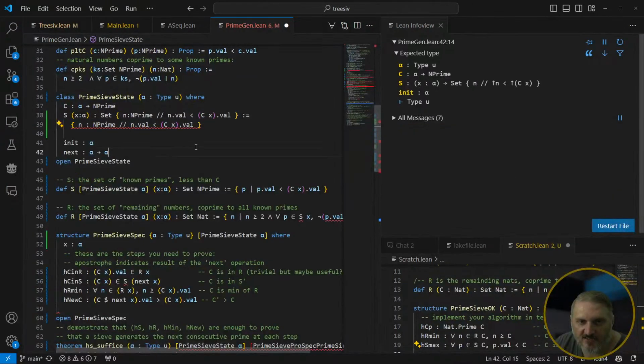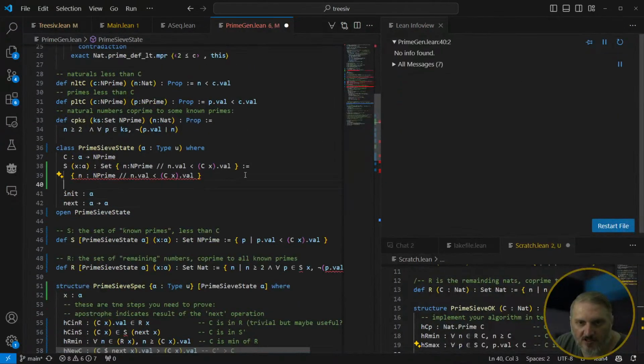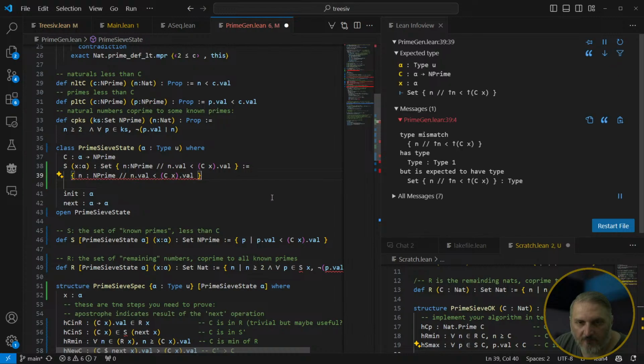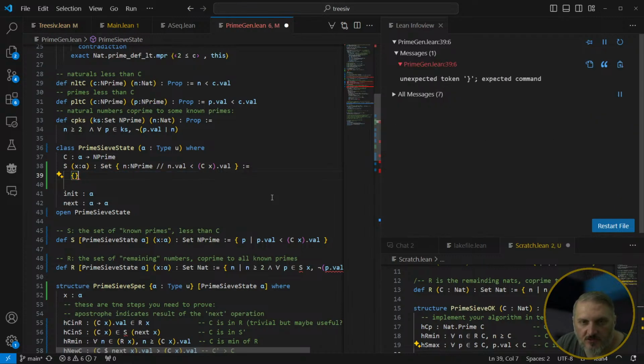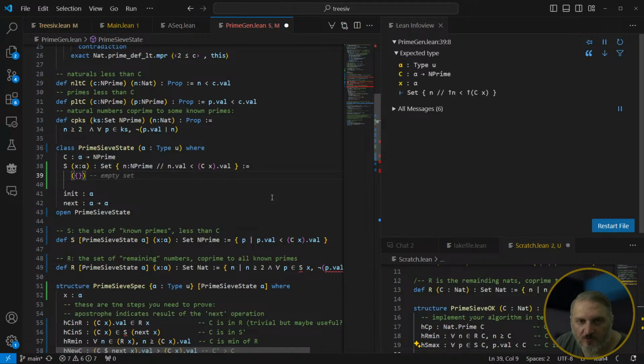If that's the case, then I'm not doing what I want to do right. Can I just return the empty set? Yes. If I put it in parens, then it's going to want me to prove that that's